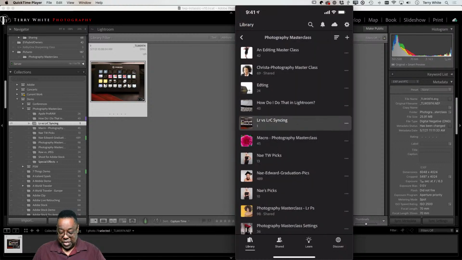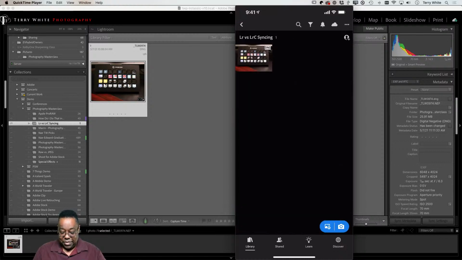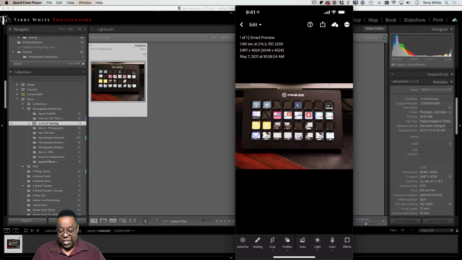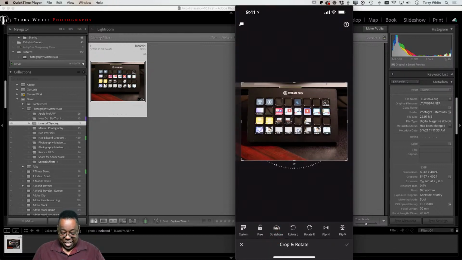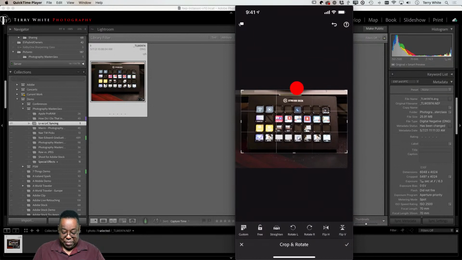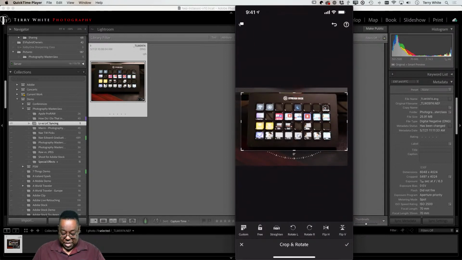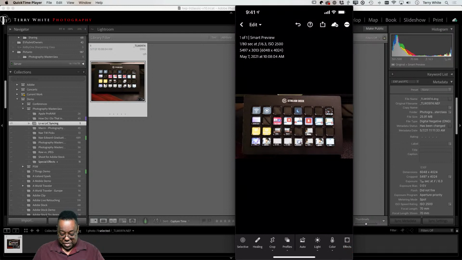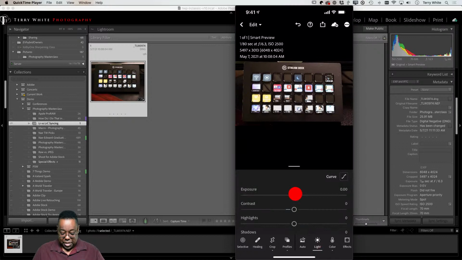Here's my phone. So there's the Lightroom Classic. I went into the phone and I basically turned on the profile for color and uncropped it. And then that change happened on the desktop as well. So just for the sake of transparency, let's make another change so you see what I did. So I'll crop it back up even tighter this time. I'll crop off the laptop. There we go. And I'll make it brighter. Let's go into exposure and brighten exposure up. All right, so now I've done 2 changes.